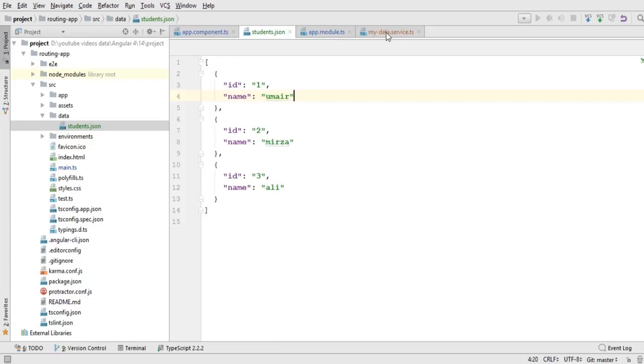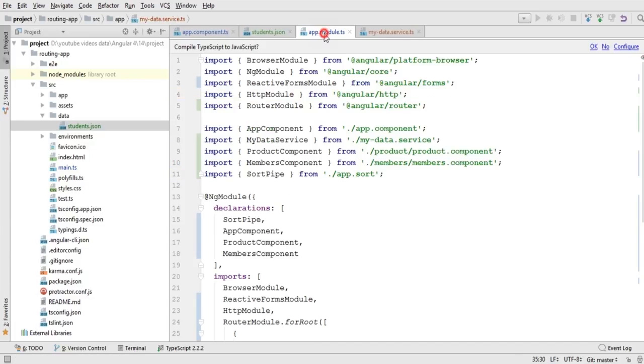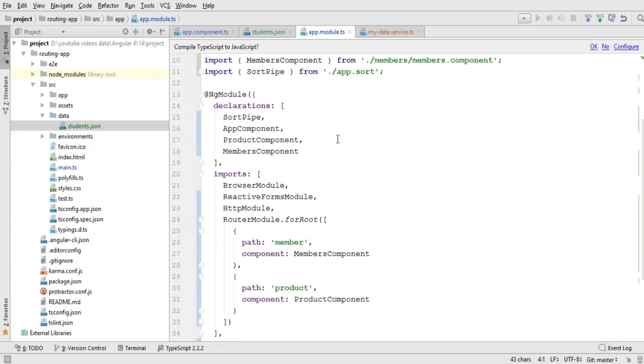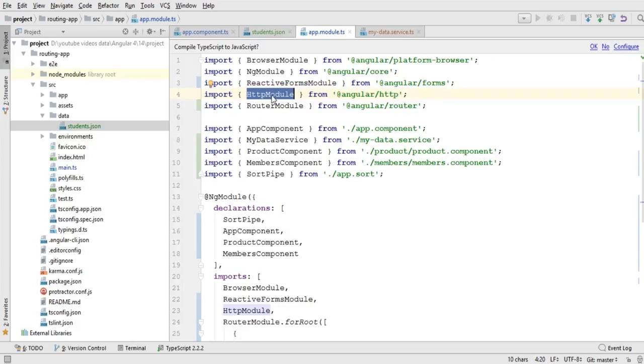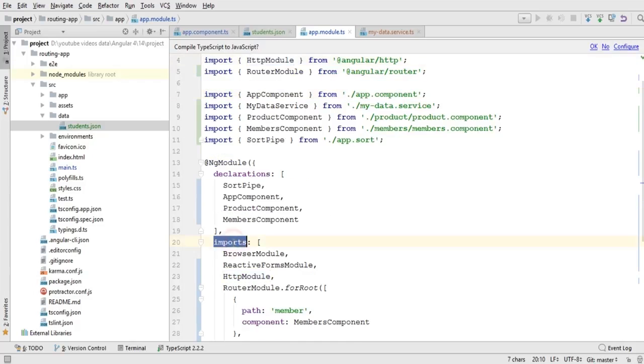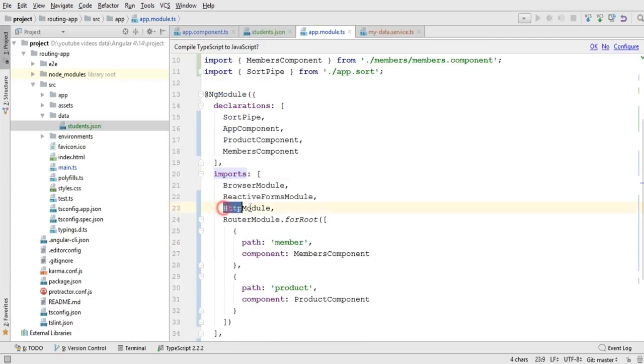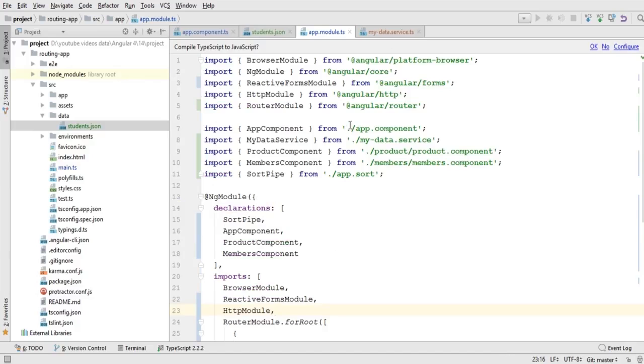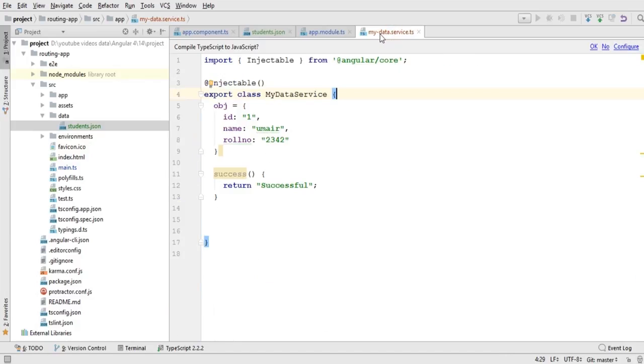So right now what I need to do is, first of all, confirm that in the app.module.ts file we are importing this HTTP module from this library. Make sure in your file this has been imported, and once it has been imported we need to add it in the imports array. Okay, this has been added right here. Once this is verified, let's come back to our